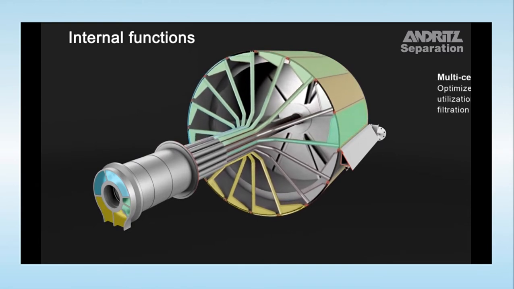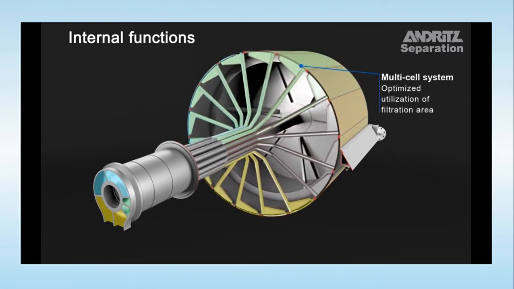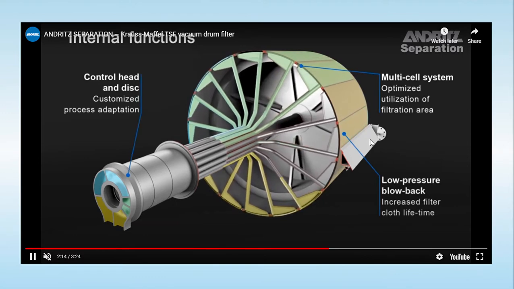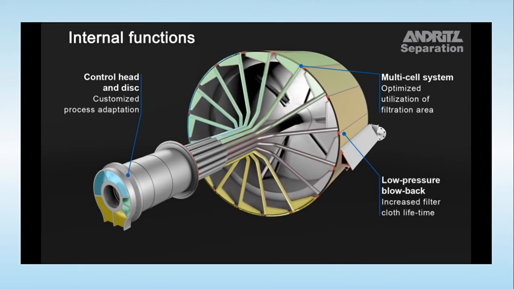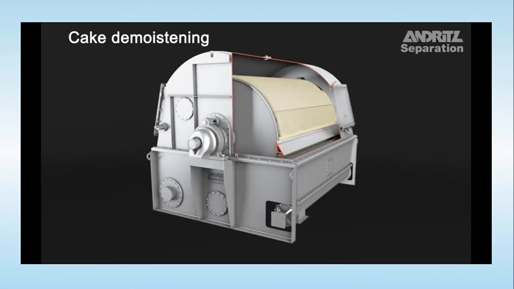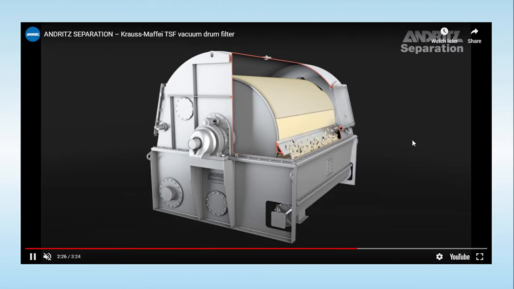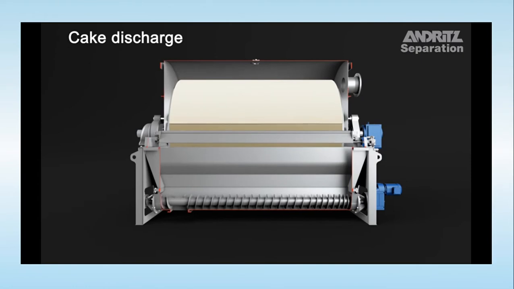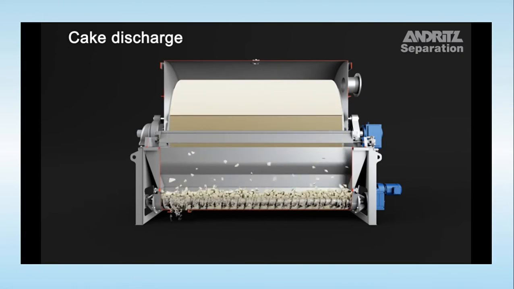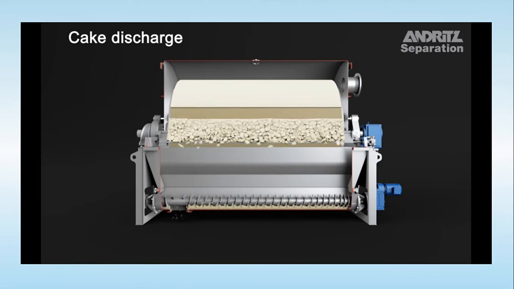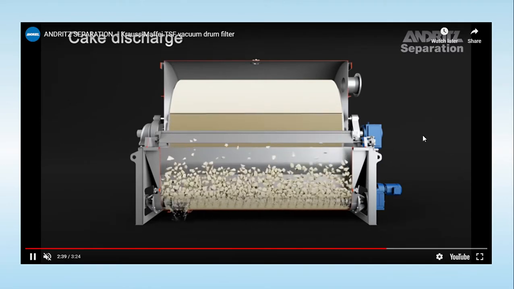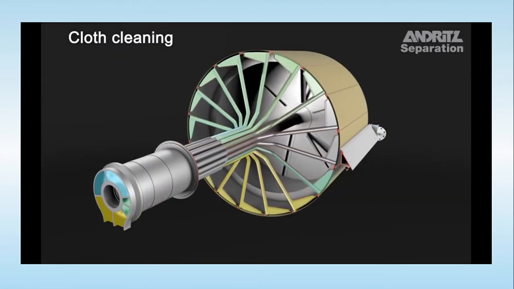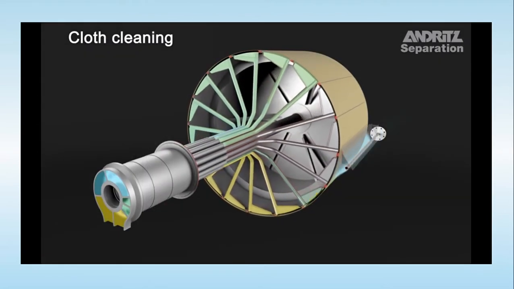So now you can see this one over here. It's a multi-cell system. So here you have a number of filter medium sections that are arranged in series. Here again the cake, from which the liquid has been removed, is obtained, and that is almost a dried cake. So no moisture is there, and with this knife-like structure, the cake is going to be discharged. So the most important advantage of this particular filter is that we can get the dry cake.